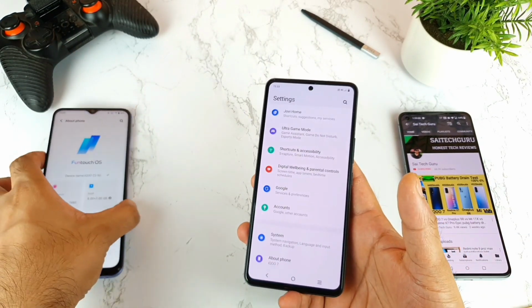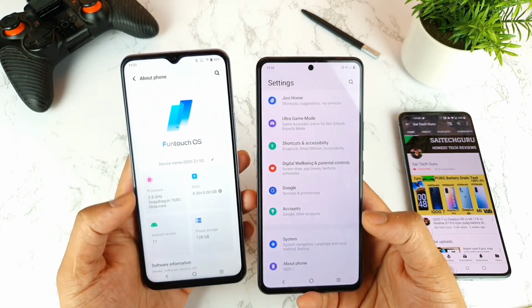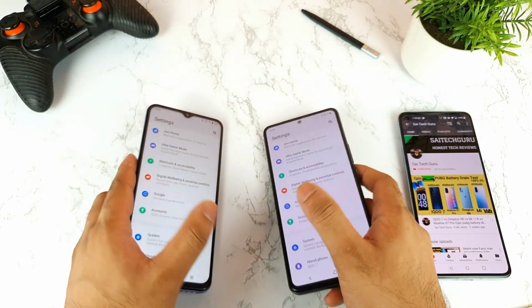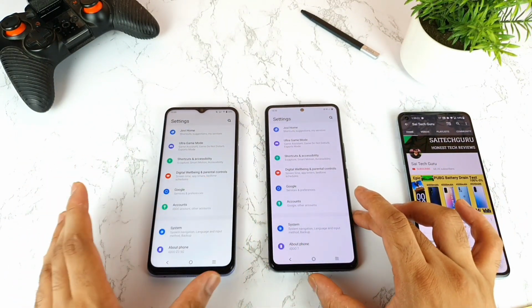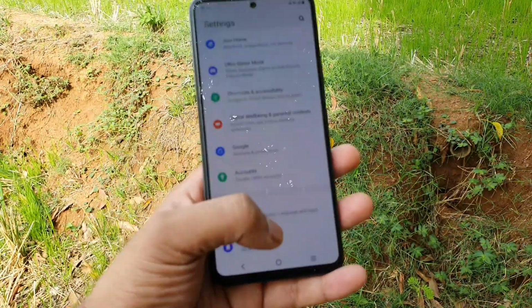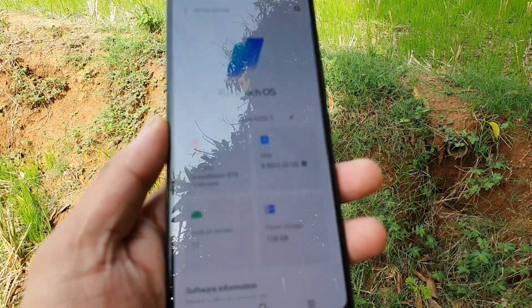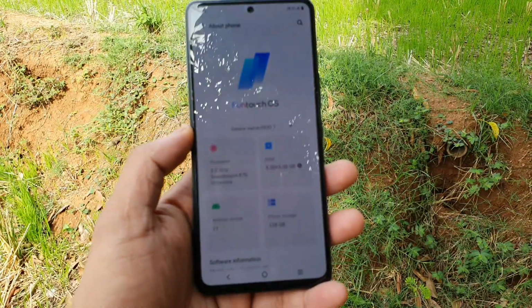Now let's see friends, which phone will have more screen flickering issues when comparing side by side. I'll try to use it with full brightness under direct sunlight, so then we'll be able to see exactly which phone is flickering and which phone doesn't have the flickering issues. As you can see friends, right now I'm outdoors, so I came here to test the 4G connectivity and speed test as well, and I thought of testing the outdoor sunlight visibility.